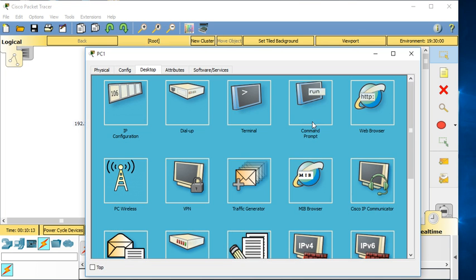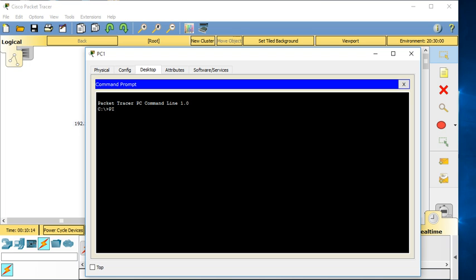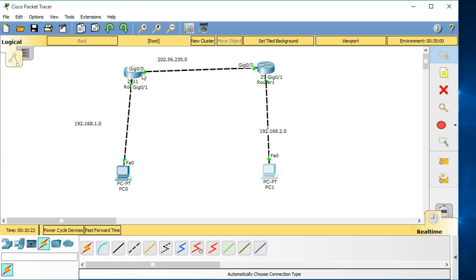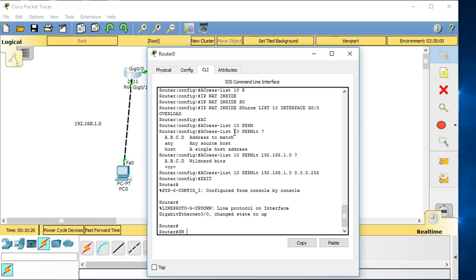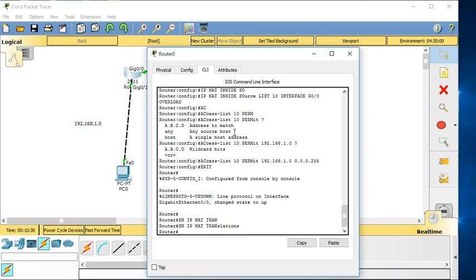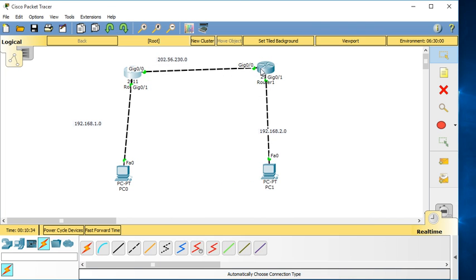Finally we have to ping it. First we check whether there is already a translation with show ip nat translations. There is no translation here.